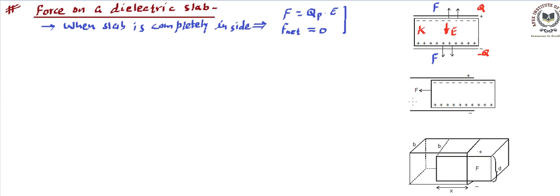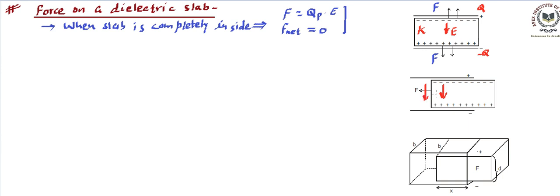And now we are going to learn how this force is going to act in such a way so that it pulls the dielectric slab inside. First part we have talked about, when it is completely inside, the force is 0. Making sense? Now, in this particular case, if we try to draw the direction of field, so direction of field between the plates are going to be in this way. They are going to be from this positive plate towards negative plate. And here we will also find the field will be from positive plate towards negative plate.